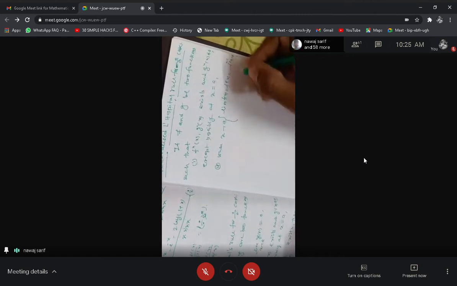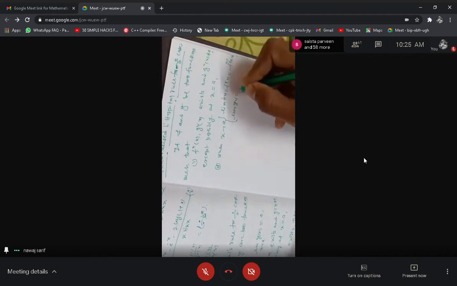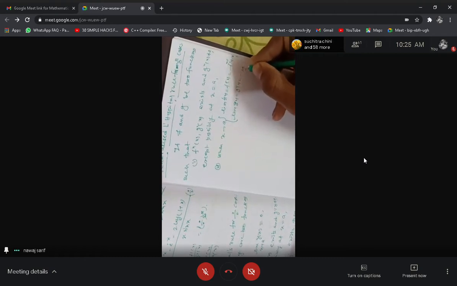Up to n minus 1 is derivative, these limits are going to be 0, and limit of gx equal to g dash x, and then up to g n minus 1 is derivative, this is 0,